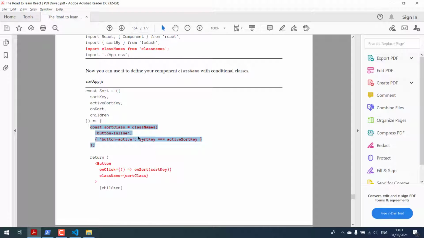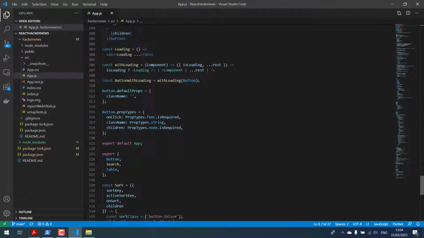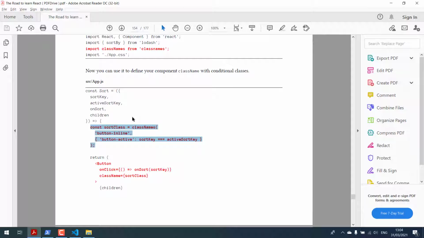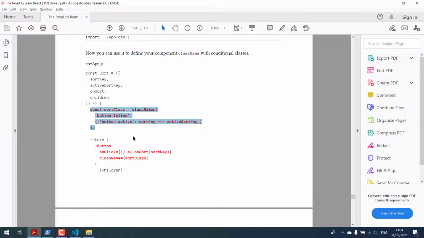Where is it? Sort key should be here. Okay, now on the return,